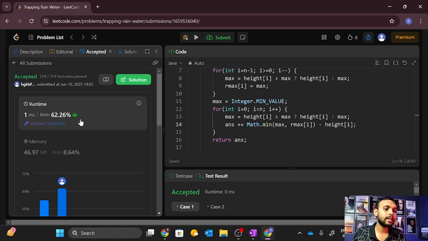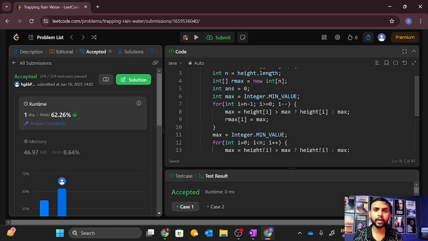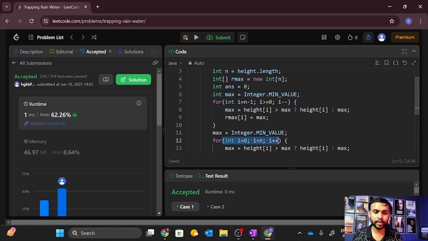Cool guys, you can see that it does not beat 100%. Why? In the run, this is not the memory part, this is the time part, right? So basically we are doing it in linear time. We are just iterating through the array twice, and we can say this is not the fastest solution. So immediately what should come to your mind is that maybe there is a single iteration solution available, because I am doing it in order of n. I cannot do it in order of 1,